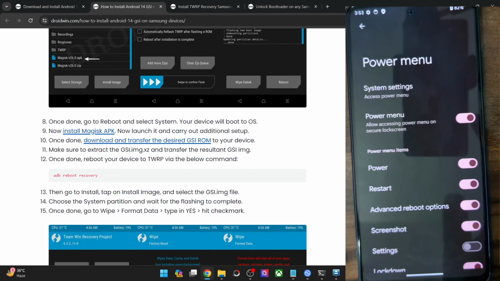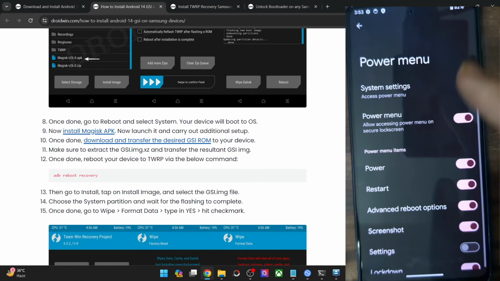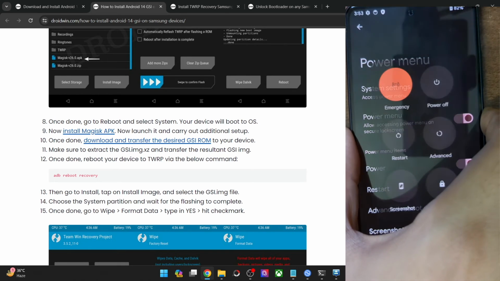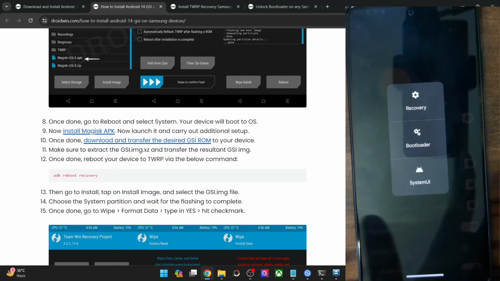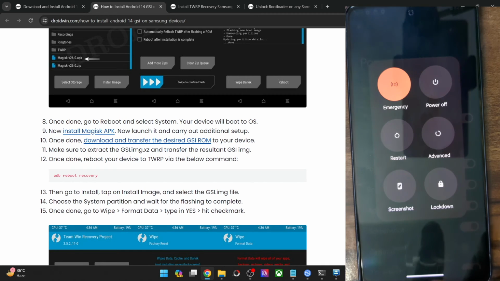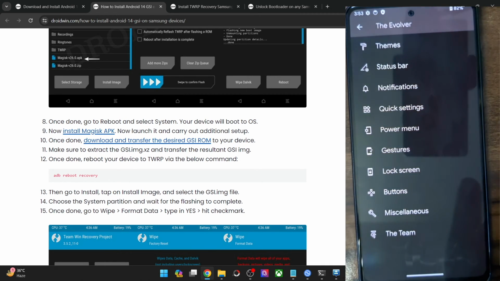Then once that is done, you may also tweak the power menu, and then you may enable advanced power menu as well. Let me have a look at that. So in the advanced power menu, you get the option to reboot to recovery, fastboot, and system UI. Fastbootd, or rather the download mode, is also not there. So download mode should have been there, but still we will get the job done from the recovery mode itself.